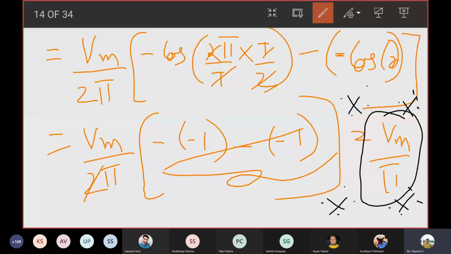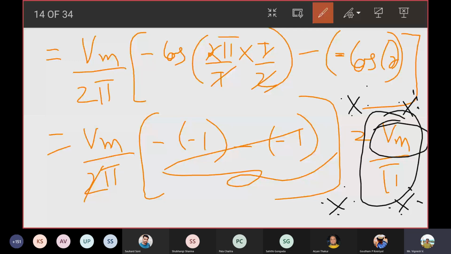All right, and what is Vm? Vm is the peak, the maximum input value, the peak input value. Now, of course, you know that the diode is not an ideal one. So what is the answer that you would get? You would end up getting Vm minus 0.7 divided by pi as the practical average value. Is it clear? You're not going to get the full Vm there. But ideally, you should remember it as Vm by pi. This is the average value that you would get.